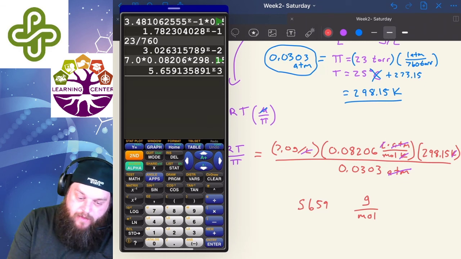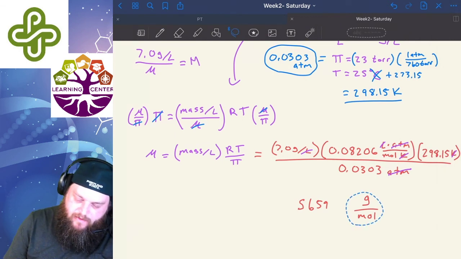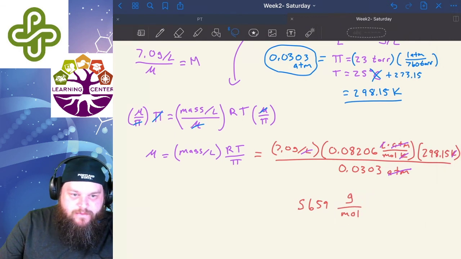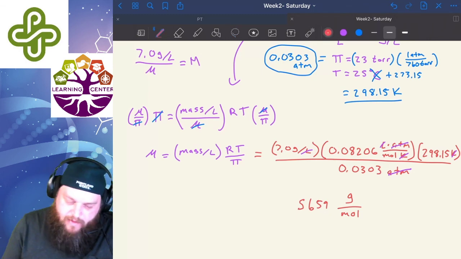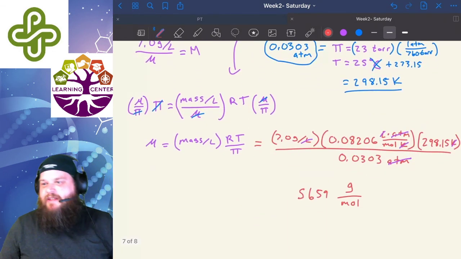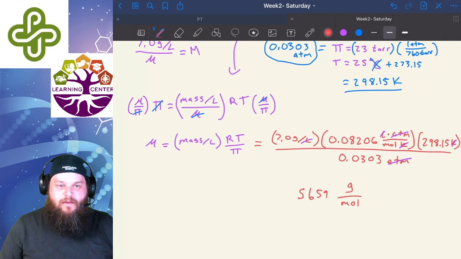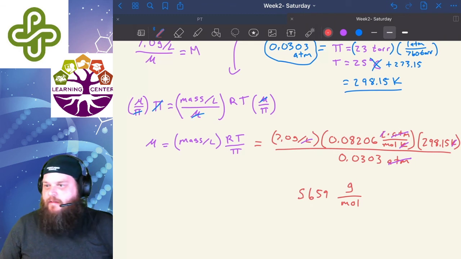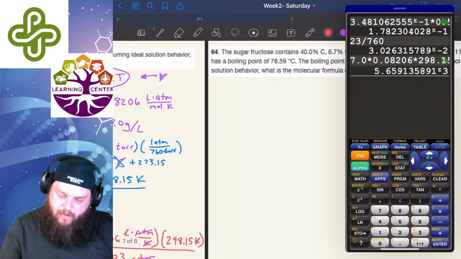So that's a pretty big molecular mass. I was kind of skeptical about that myself, so I actually looked it up on the internet. The internet claims it's a little bit different than what I have there, but I'm still within less than 0.5% of what it is. It's just such a big number. I'm off by about 80 grams per mole or so. Assuming I did that right,